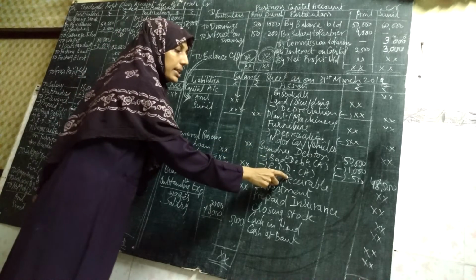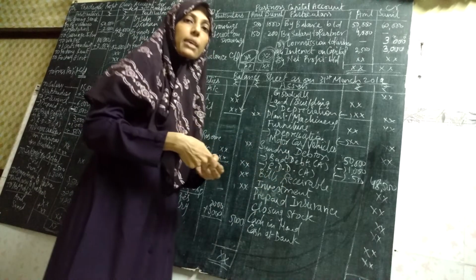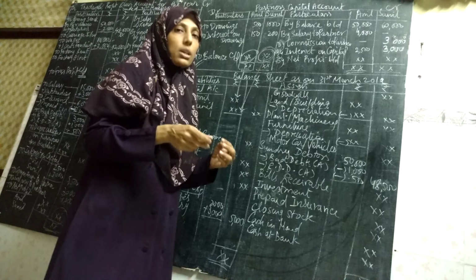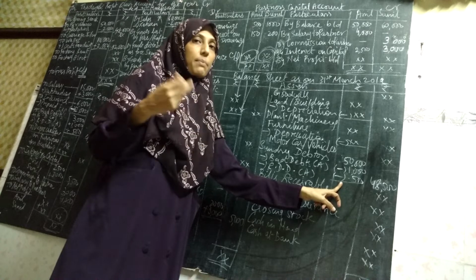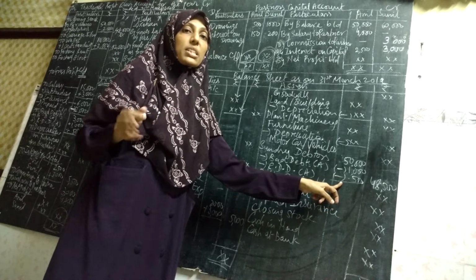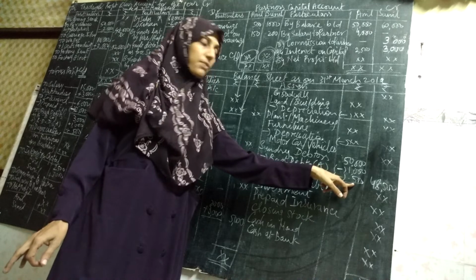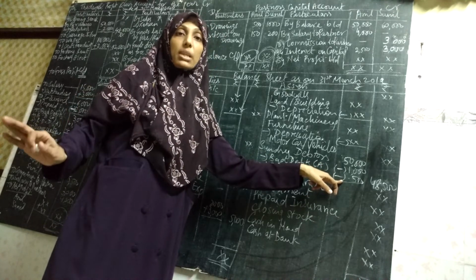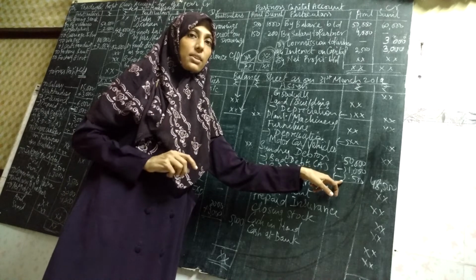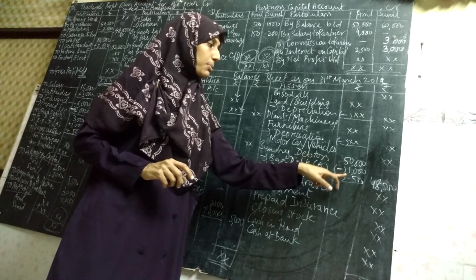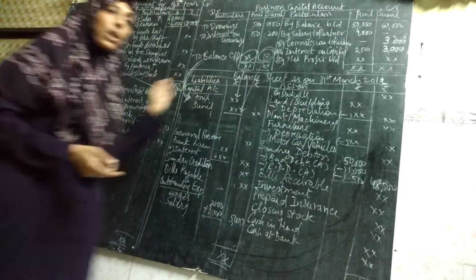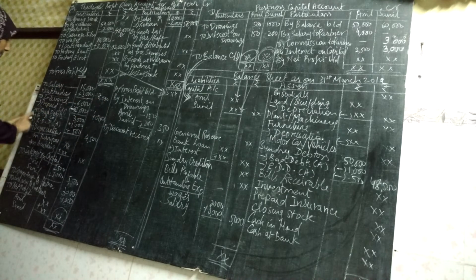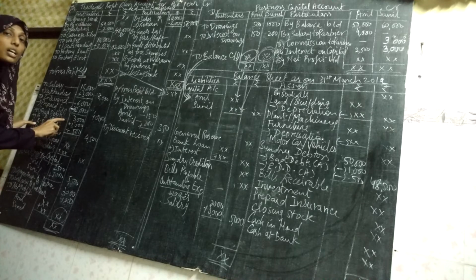Same way RDD, reserve for doubtful debts. In the adjustment I came to know there are certain customers who are not giving me money, so I have created a reserve for them. This reserve is created because maybe I am not going to receive money till the end of the year. So this reserve is created for rupees 500. So it is a reserve. From the 50,000, I am not going to receive 1,000, and I am not going to receive 500. So this is again a loss to the business, therefore P&L account debit side. Bad debts as per adjustment, and RDD as per adjustment. These two are the loss to the businessman.